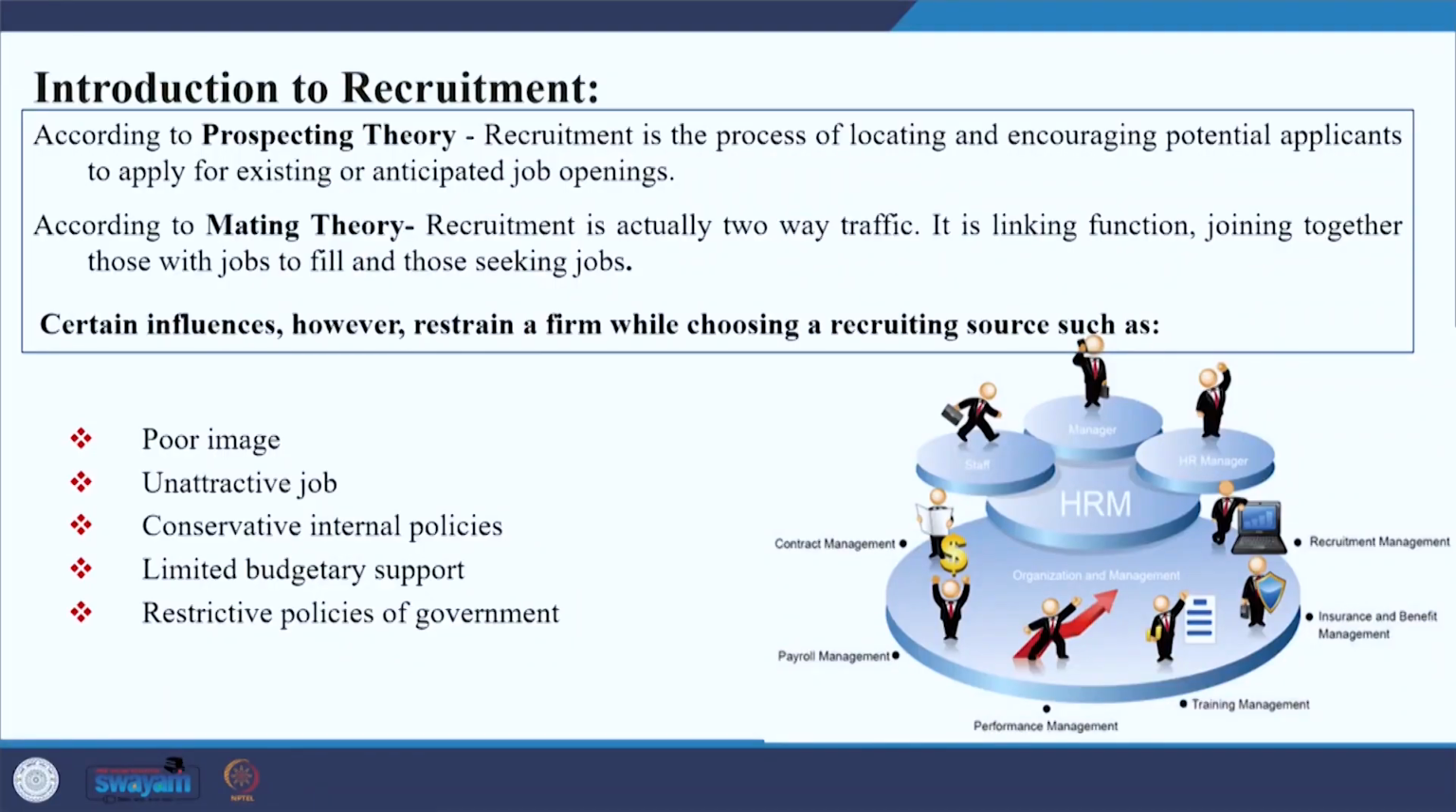Certain influences, however, constrain a firm while choosing recruiting sources. Here we will find out what the different factors are, and how they affect recruitment. The first and foremost is poor image. Whenever we go for the recruitment process, the organization needs to consider whether it has a proper image among the surrounding applicants, because if applicants find that the organization's image or recruitment process is not proper,